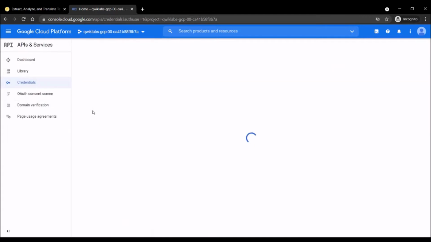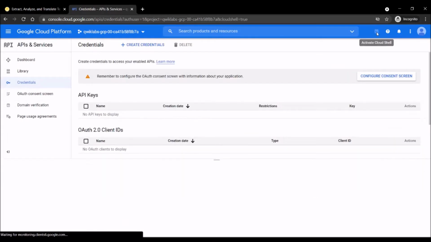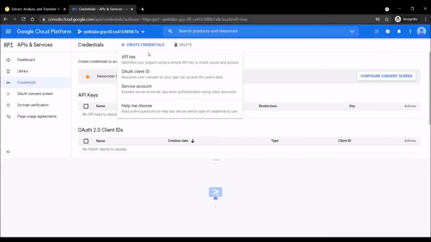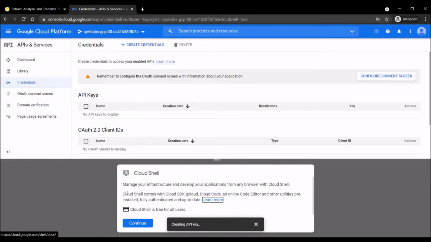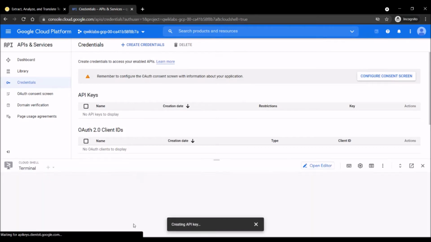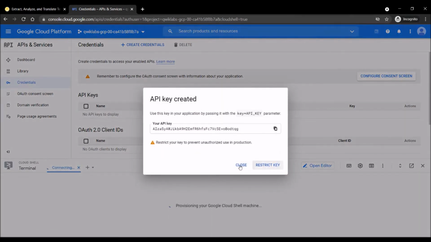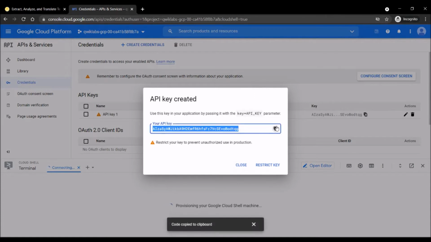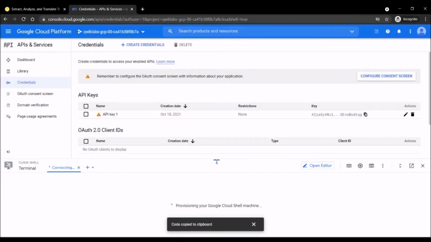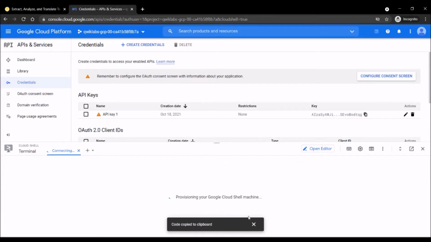APIs and services and credentials. Till then, let's activate the Cloud Shell and we will create credential, API key. Remember to copy this given API key, copy and close.